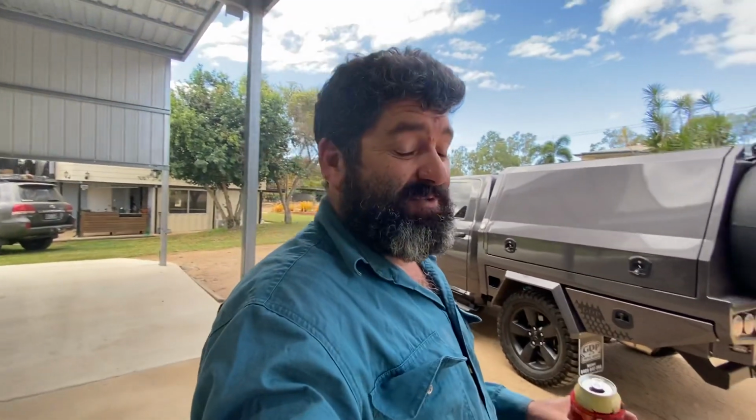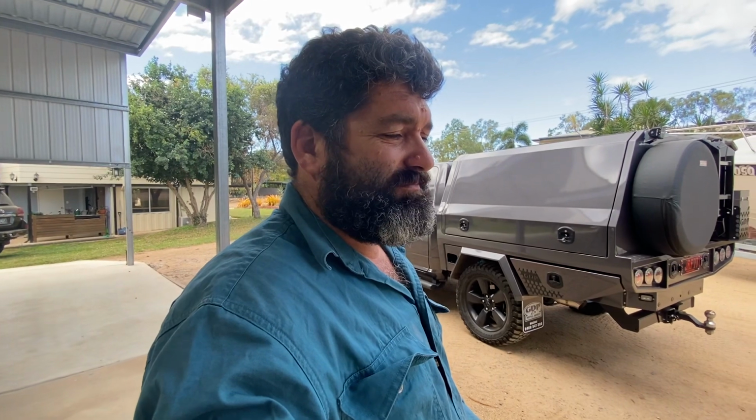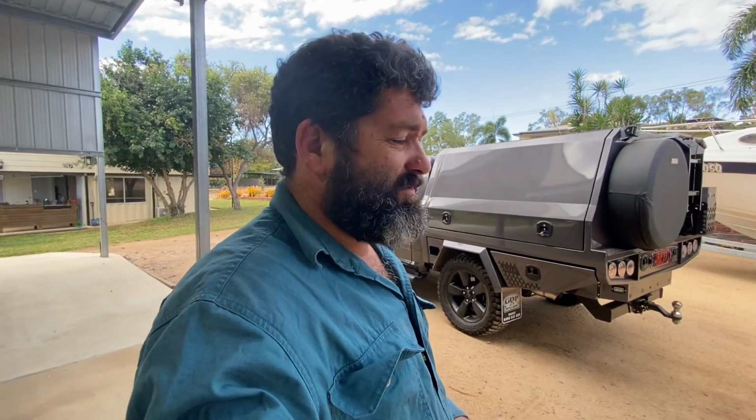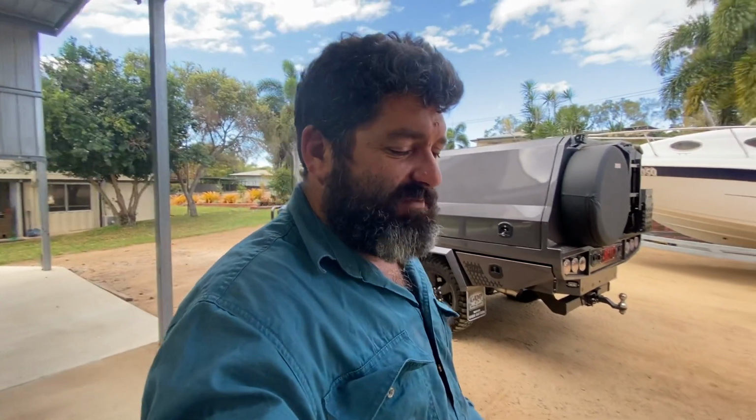I'm still very happy with the Ram. For Australia, I've got 24,000 Ks on it. Nothing yet, it's been going flawless. Still happy with the fuel consumption. I love it, it's very comfortable. Absolutely love the ride of it. The Canopy